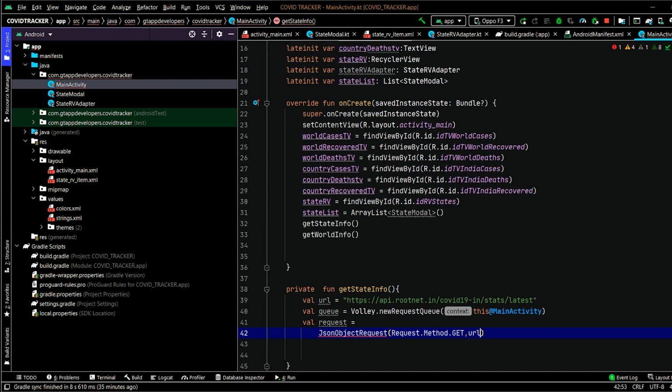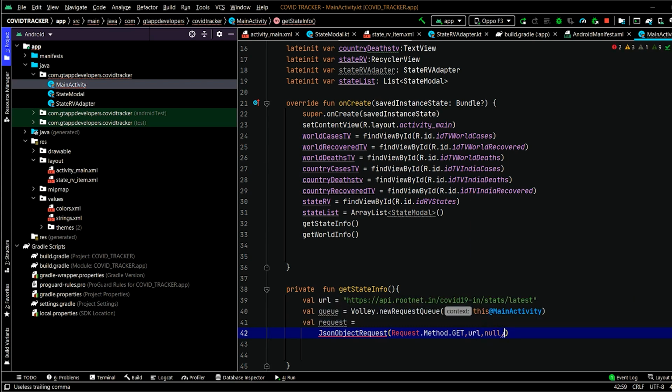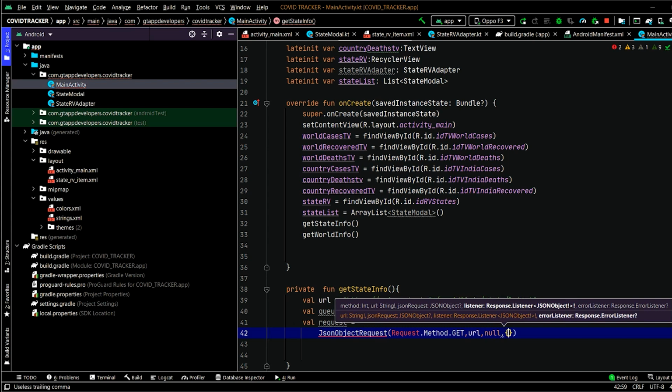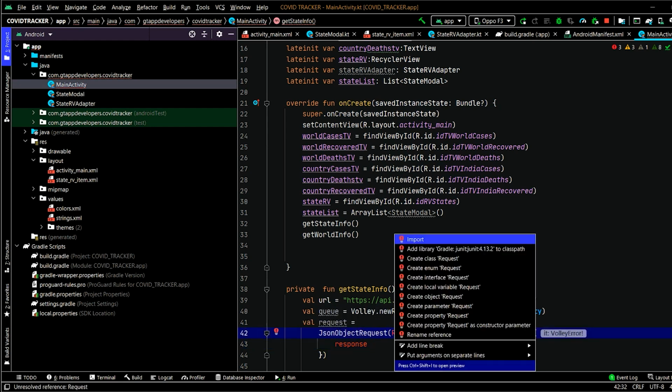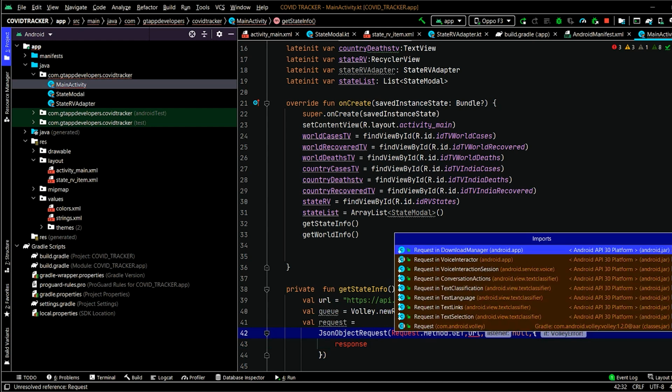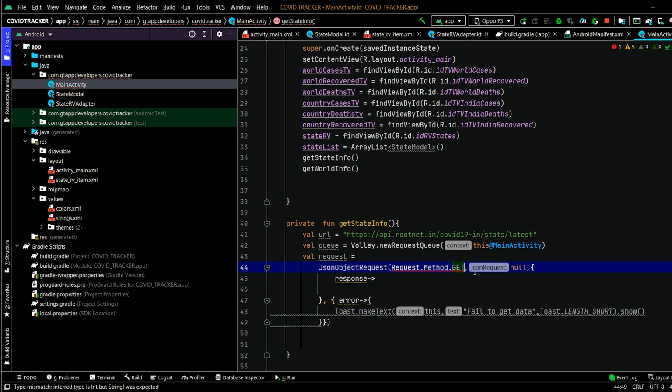We will specify the URL from which we are getting our data. Inside that, we will be passing a null. We will have to import this by simply clicking on Alt Enter and then import. Here we have to specify our URL.